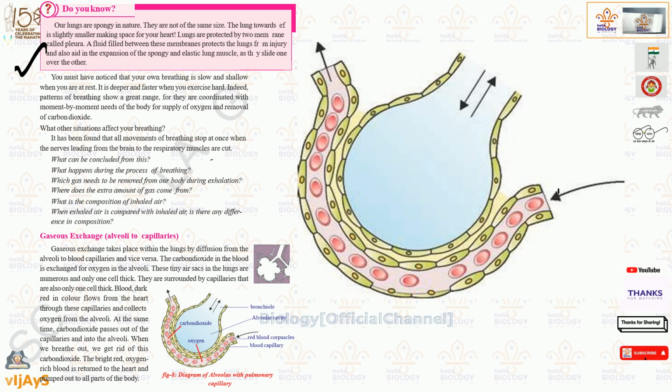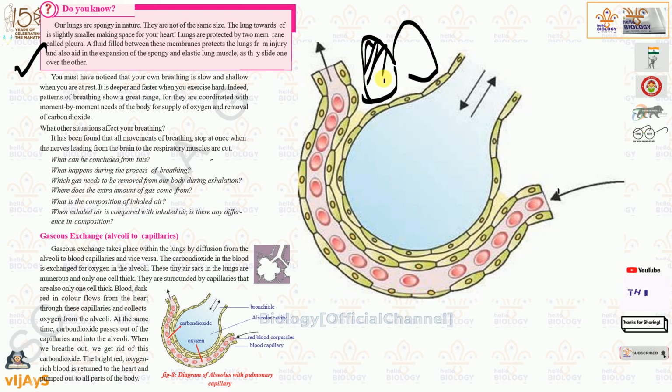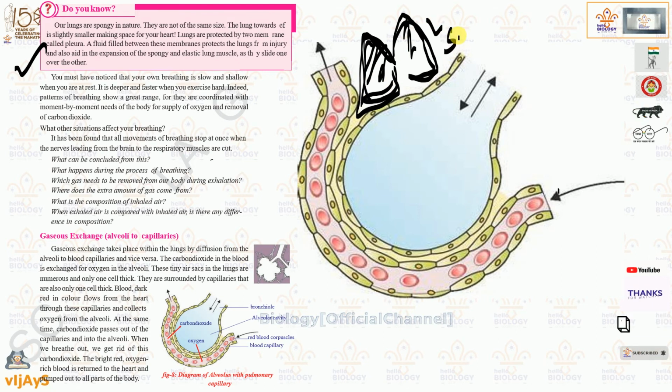Role in understanding the topics, like tables, columns, graphs. And here, do you know that our lungs are spongy in nature? Understood? Like a duster. And as I said here, these two lungs are not the same size. One lung will be a little smaller compared to the right lung. The left lung will be smaller. Understood?